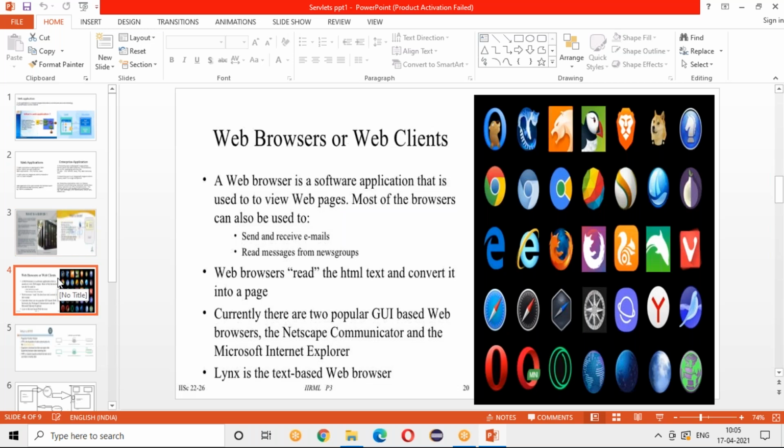Okay, hope you are clear. So you have web browsers or web clients. This is nothing but your clients, whatever you see, your Chrome, IE. Mostly Chrome is the most popular one that people are currently using. But there are a lot of other browsers, right? Like you have Opera, you have IE, Mozilla. All of these you call web browsers or web clients because they are the ones which will process your request to the servers, right?